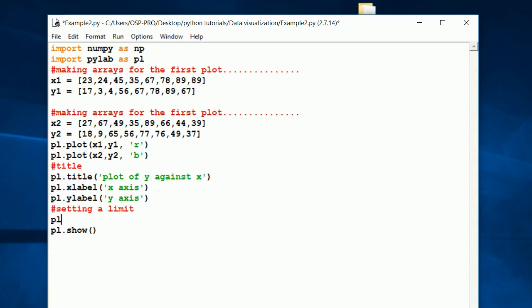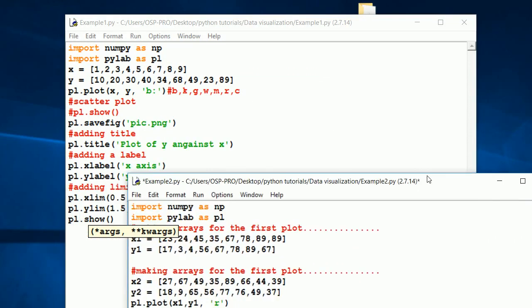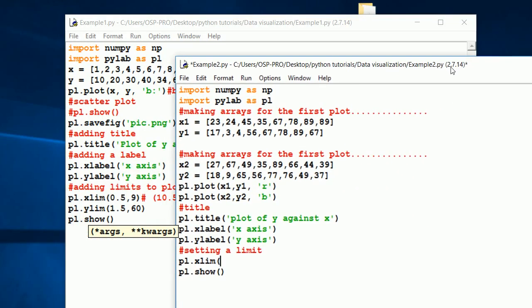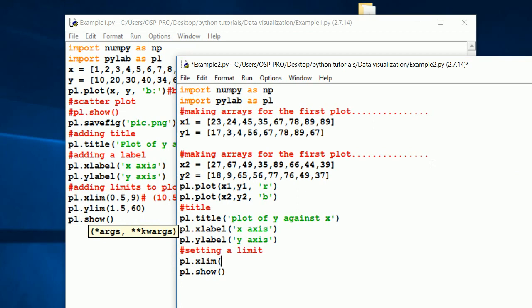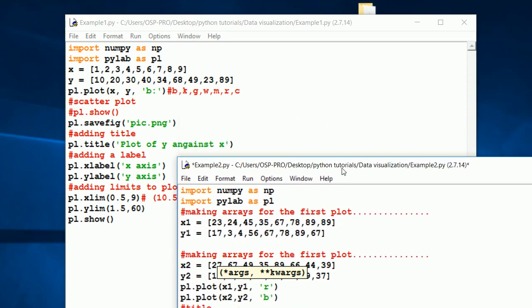You type plt dot, and if you're giving a limit, there's the y-axis and the x-axis. For the x-axis it's xlim, then you give your coordinates. You also have to give a coordinate based on your graph. So if you cross-check on a graph, I can simply say for the x-axis, I'll be giving a limit which maybe starts from 0.0, and then it will run up to, if you look at the x and look at the range,